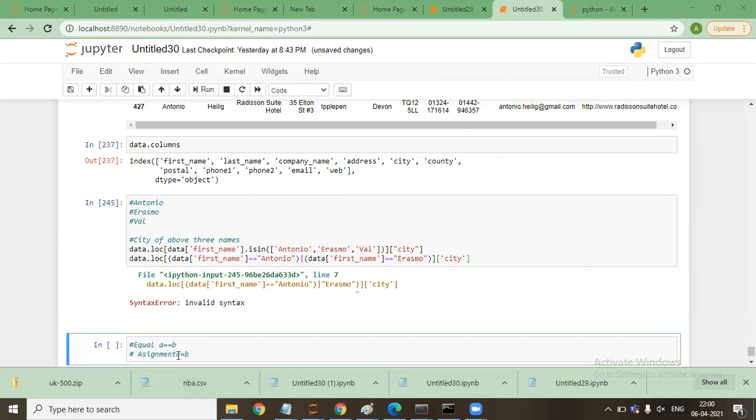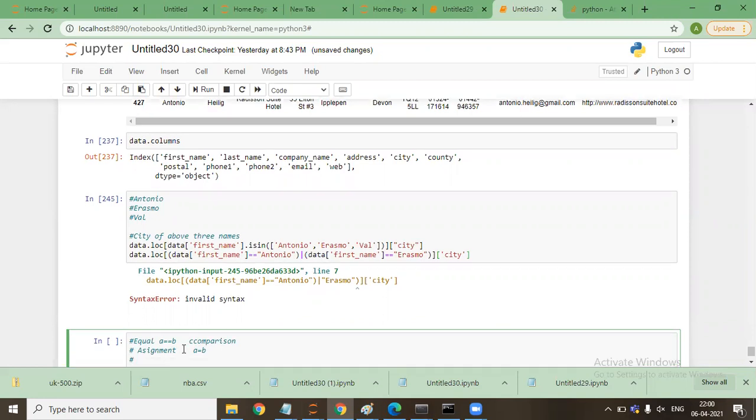This is the assignment operator. Here whatever the value of A will be assigned to B. Here it is comparing whether A equal to B or not. This is comparison. This is assignment.